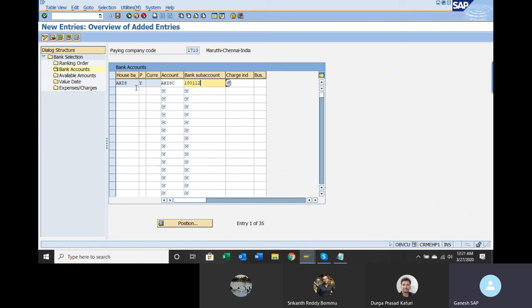In such cases also the system will allow you to make the payment if you keep it blank. If you keep it INR, then if you wanted to make a payment in a currency other than INR, you have to come here and make another entry. For example, you want to make payment in USD currency from this bank account. Though it is an INR account, you can ask the bank to make the payment in USD. Okay, that is possible. They will deduct the amount from your bank account.